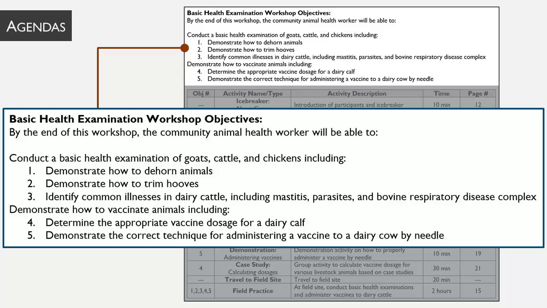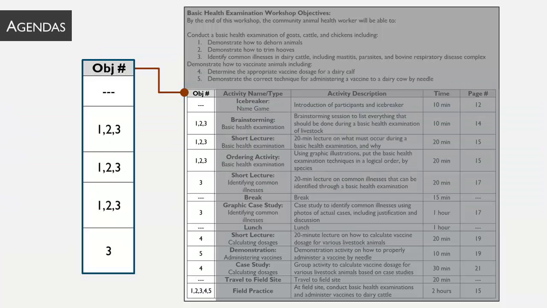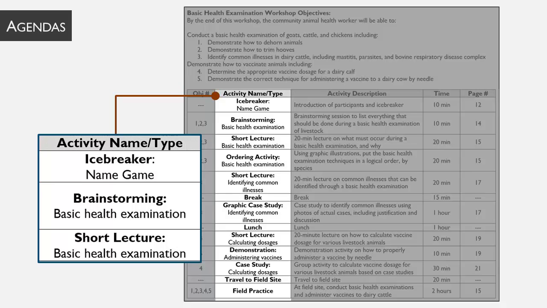As mentioned in the last slide, an agenda will include all of the objectives that are covered in the agenda schedule. The objective should also be provided next to the activity names. This will allow the trainer to quickly see which activities match which objectives. The activity names may include the type of activity, such as icebreaker, brainstorming, and short lecture. It will also include the formal name of the activity so that the trainer can look it up in the